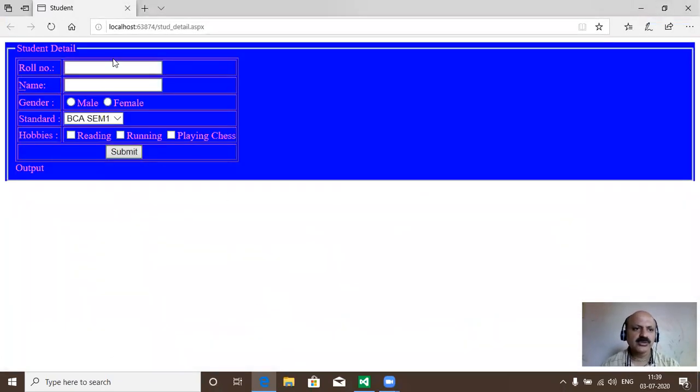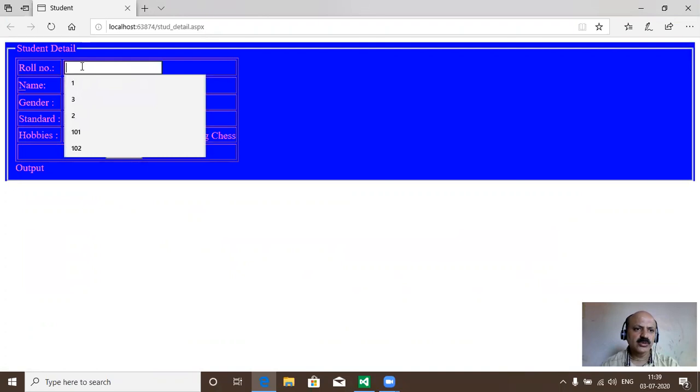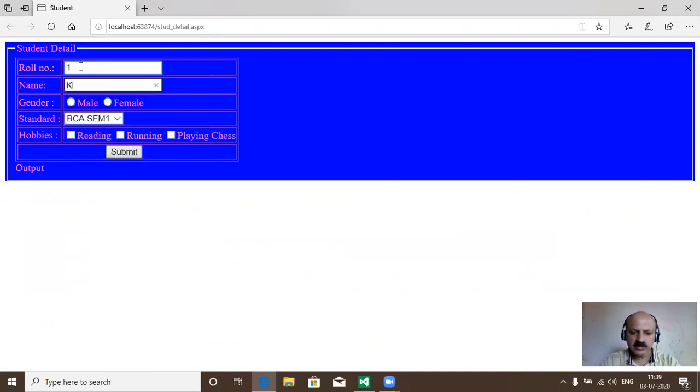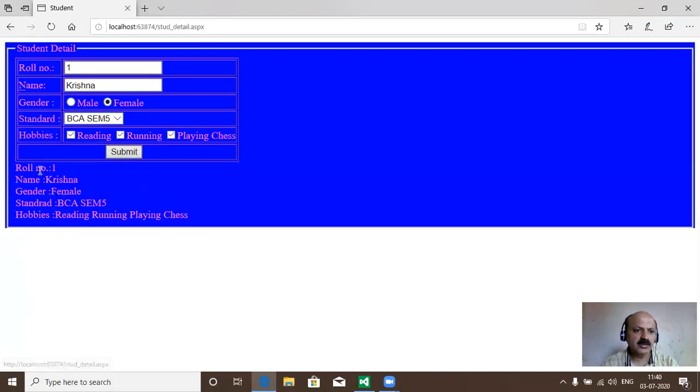Okay, here we check whether our drop down list box value is printed or not. Change here, take female, semester 5, all hobbies selected, and click submit. Yes, there is no problem with drop down list box printing.